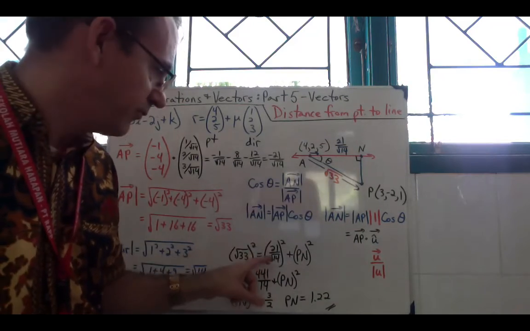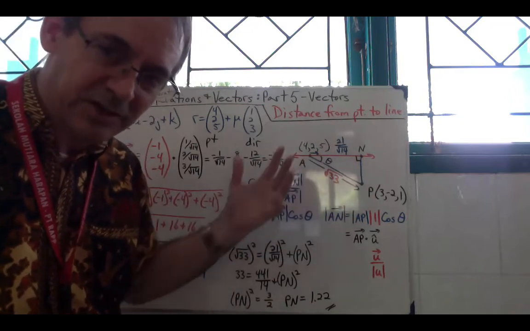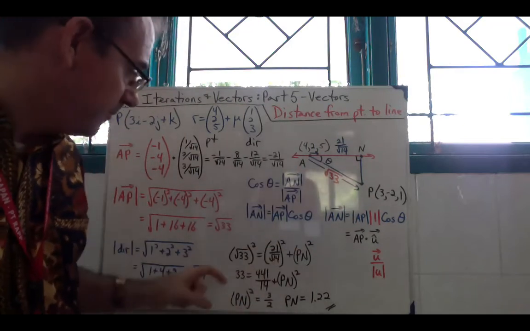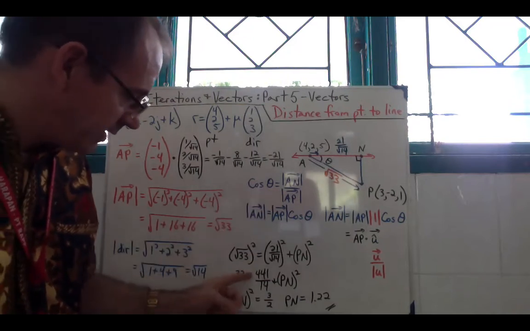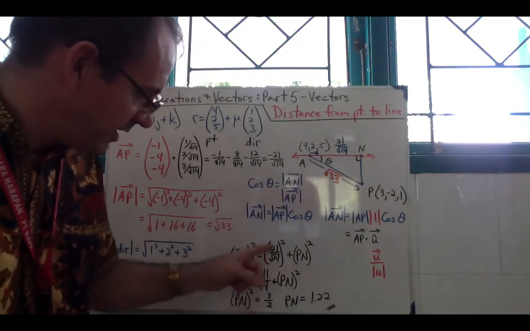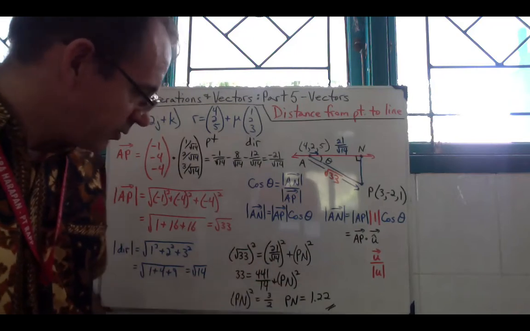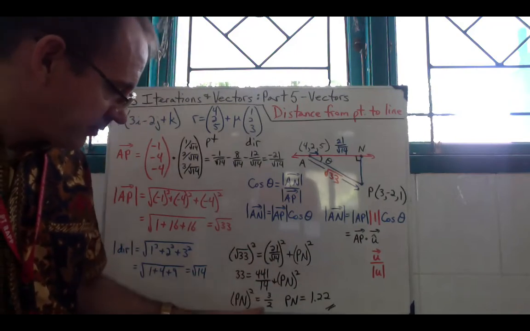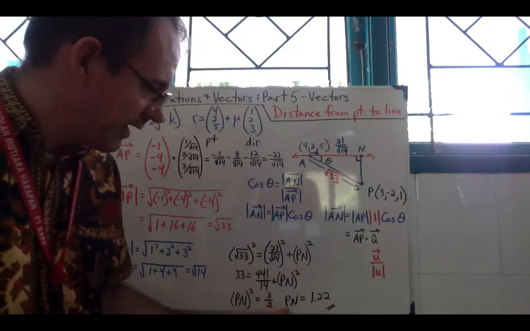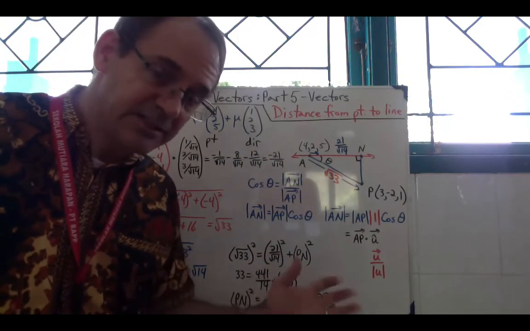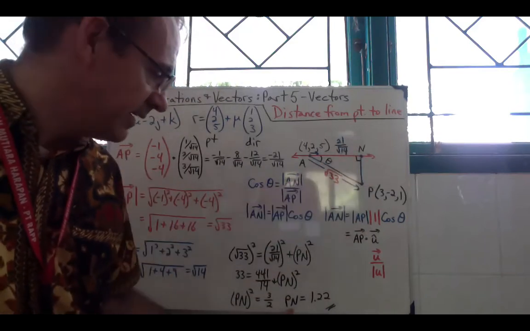So 21 over root 14 squared plus PN, or NP, it doesn't matter which way you go because it's length, squared equals root 33 squared, which is 33, equals 441 over 14 because the square cancels the square root, plus PN squared. So PN squared equals 3/2. When you subtract that to the other side and square root both sides, it says take the answer to 3 significant figures. So the distance from P to N is